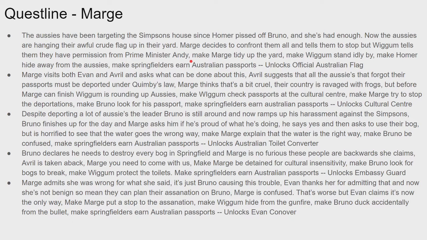Despite deporting a lot of Aussies, the leader Bruno is still around, and now he ramps up his harassment against the Simpsons. Bruno finishes up for the day, and Marge asks him if he's proud of what he's doing. He says yes, and asks to use their bog, but is horrified to see that the water goes the wrong way. Make Marge explain that the water is the right way, make Bruno be confused, make Springfielders earn Australian passports,